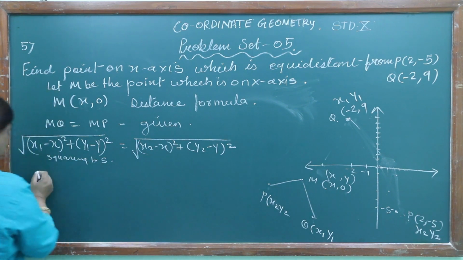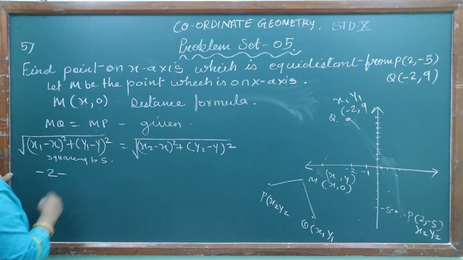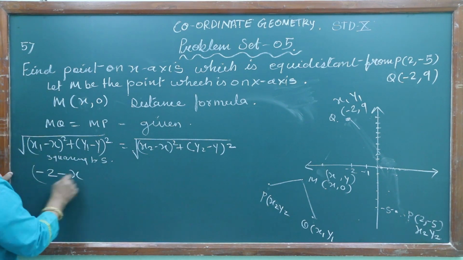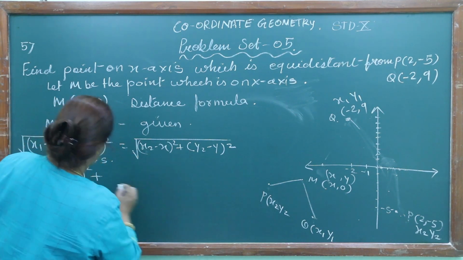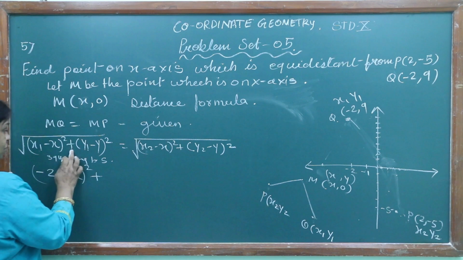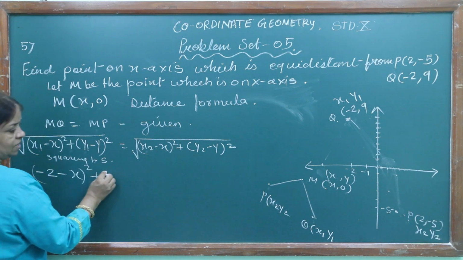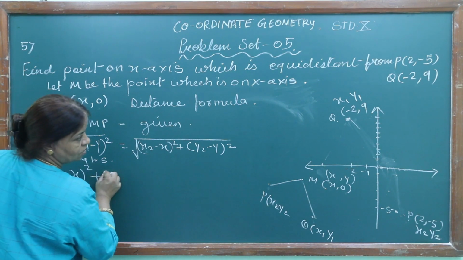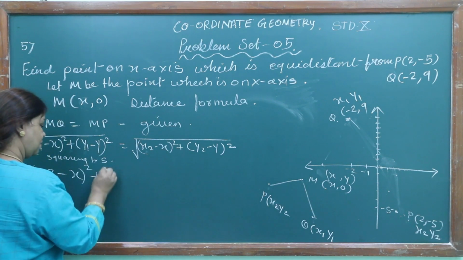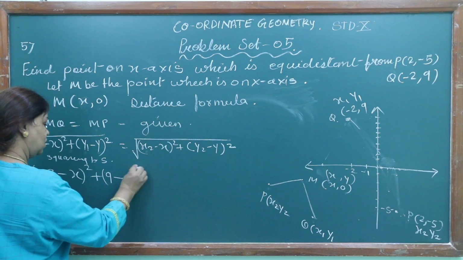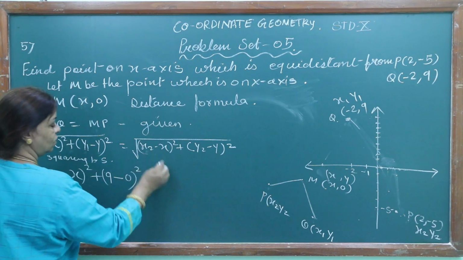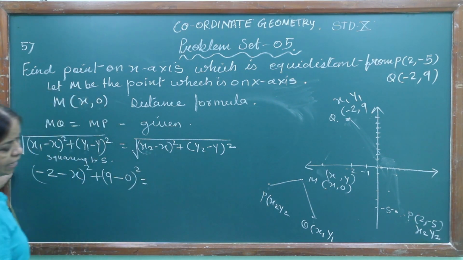Minus 2 minus x, x we don't know, the whole square, plus y1, how much is y1? 9, minus y, which is 0, the whole square, is equal to,